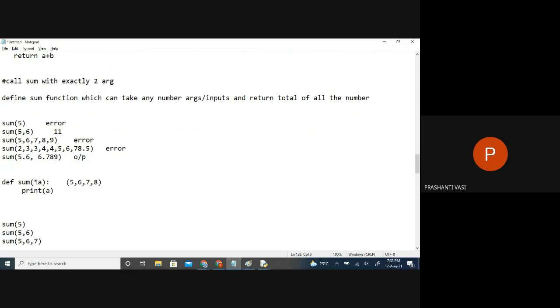With the help of this operator, you are packing the multiple arguments passed at the function call time. Whenever you are calling a function, you are able to pass any number of arguments. When it is received by this variable, because of this operator, it will pack up all of those 4 or 5 arguments inside round brackets as a tuple.